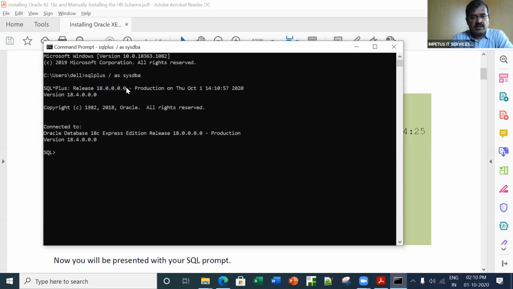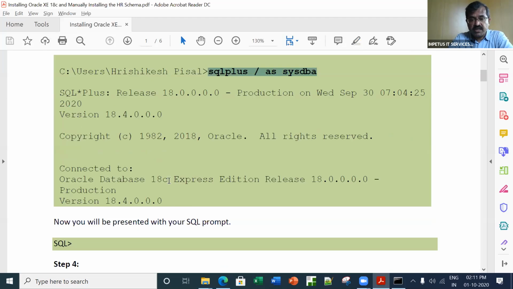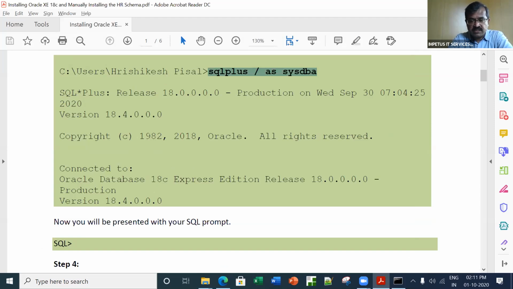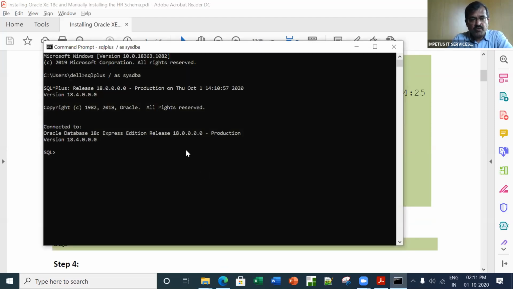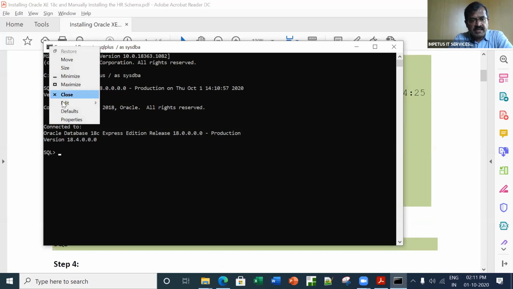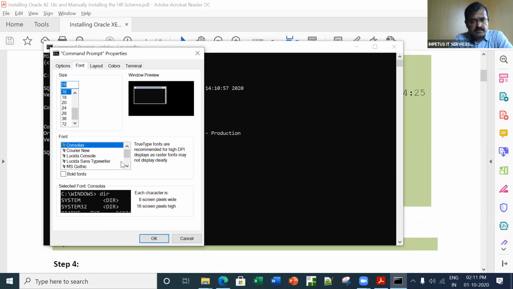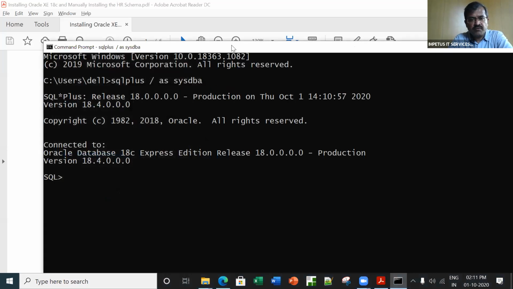I installed it. Now we have logged in into SQL, and that too we have logged in as a DBA, and we should get similar kind of messages. Have you got similar messages? Yes, 18.4. What I have installed in the previous machine was the same thing. So here we got 18.4. It has been installed. For your sake, I'll increase the font size. This is good enough font size for us.